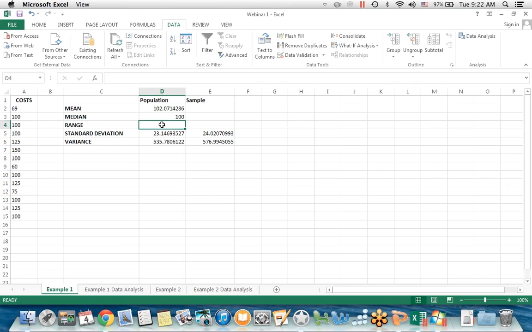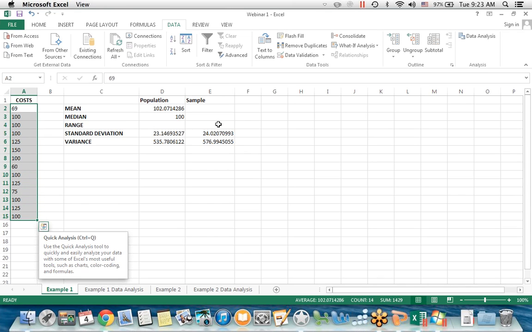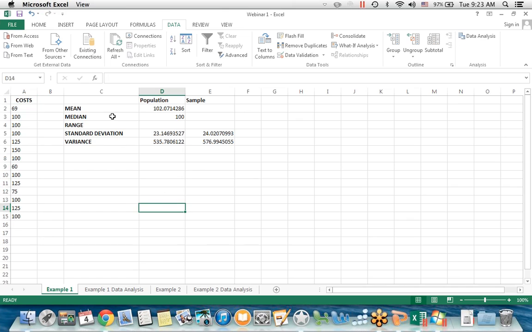Very, very direct. Now, what about the range? This one we skipped a minute ago. Let's go back to it. Remember that the range is the difference between the largest and smallest data value in our data set. So out of these numbers, the largest number minus the smallest number. This is the range. Now, how do we find this? We can type equals,